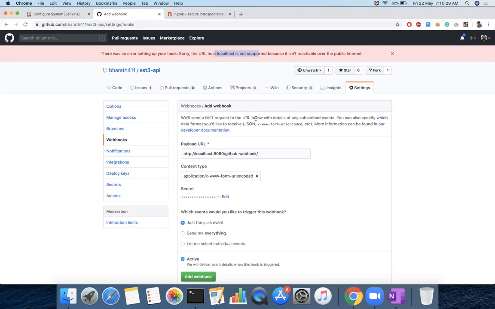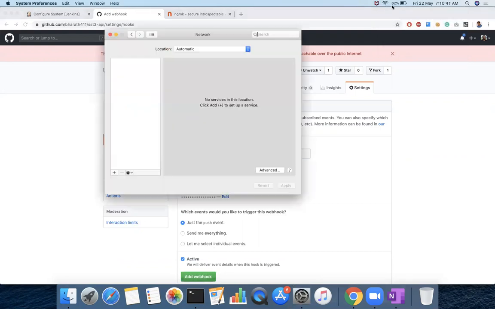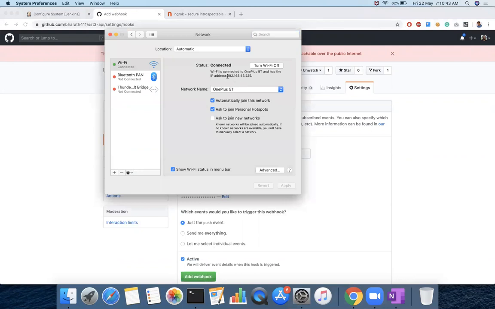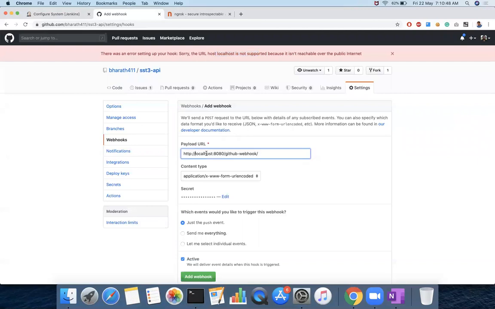The immediate thing you have to do, there are a few options. You can give this IP address instead of localhost, and it will save.